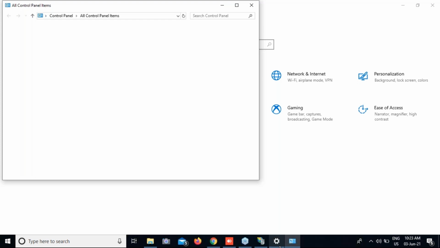So these are default features. It is getting enabled.